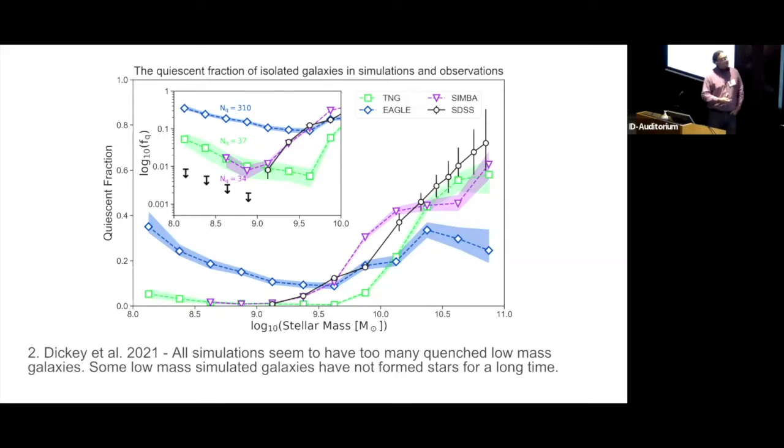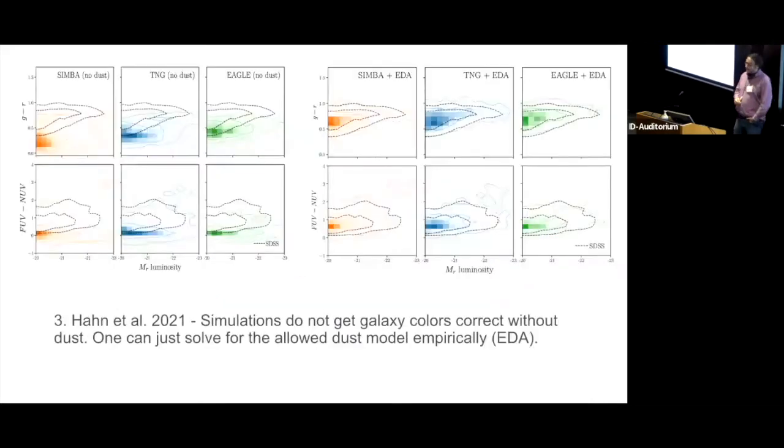So next, the thing that we got concerned about is dust. Dust is a real problem in trying to compare simulations to actual observations, and something that's often glossed over as opposed to treated in a fair way. And Cheng Han had this very good idea: instead of trying to understand dust, which is quite difficult and people have been working on for a very long time, and we still are far away from an answer, to instead just marginalize over dust, and empirically find what dust model one needs in order to make your simulations